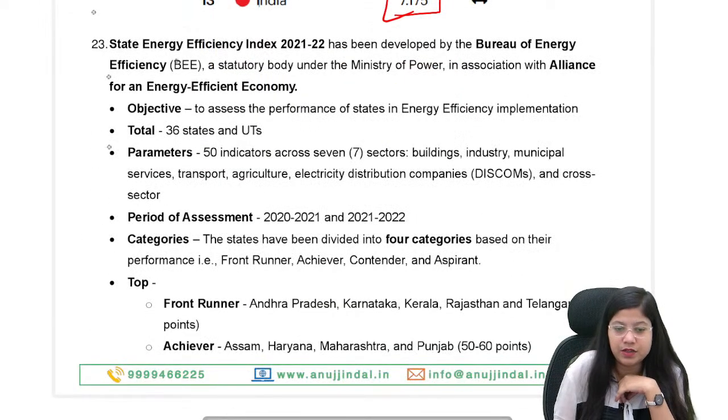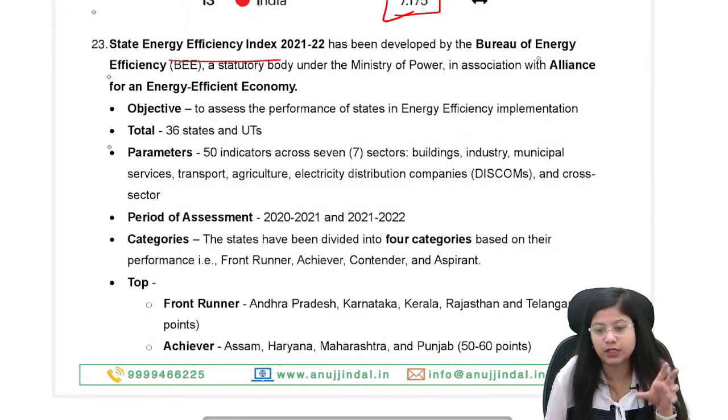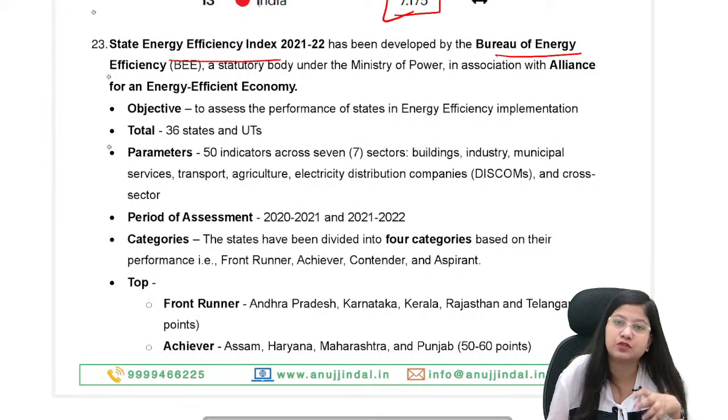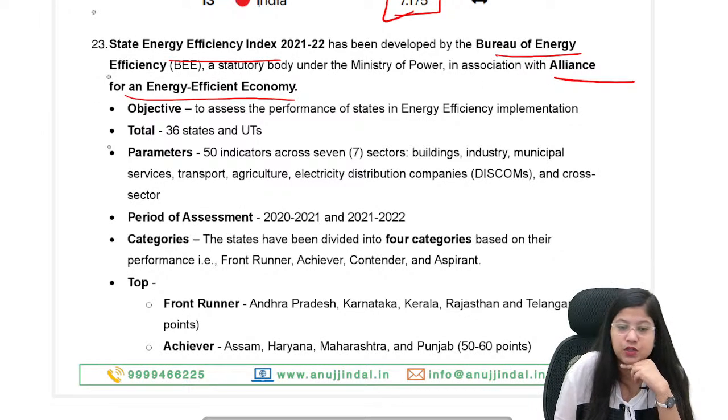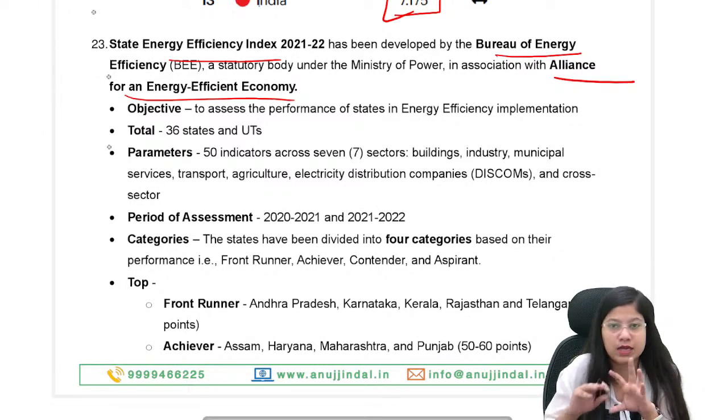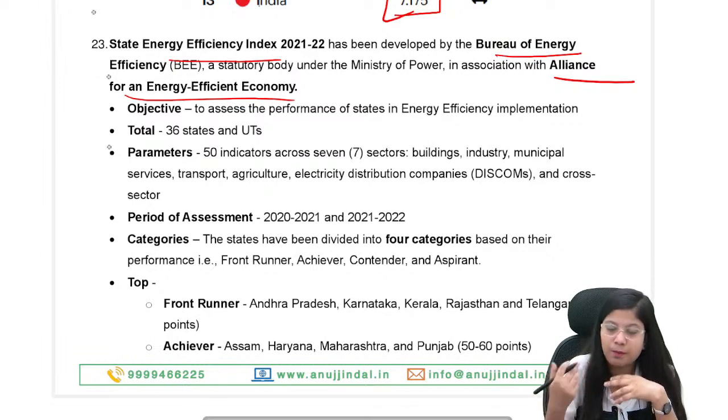Then State Energy Efficiency Index 21-22. Bureau of Energy Efficiency has released it in association with Alliance for an Energy Efficient Economy. The purpose is to assess the energy efficiency measures that the